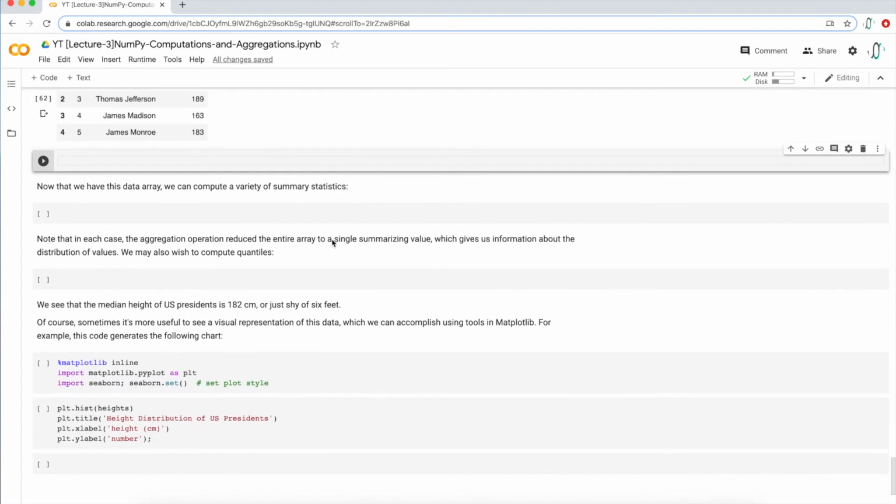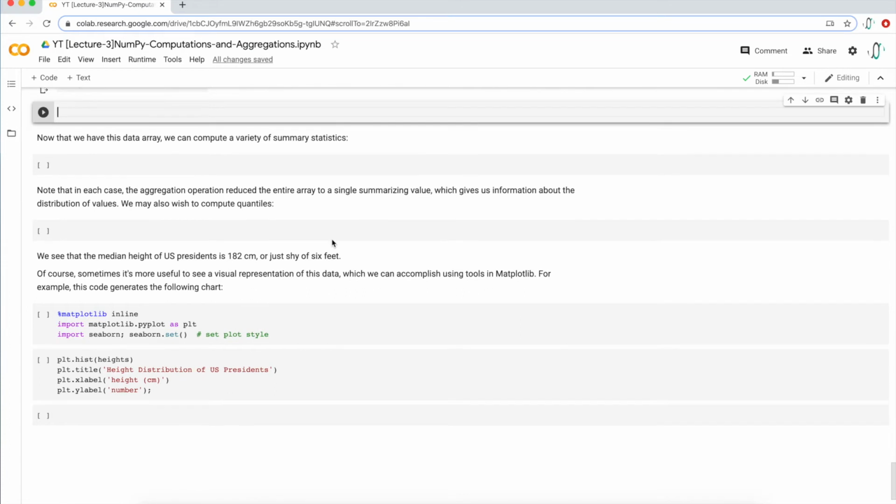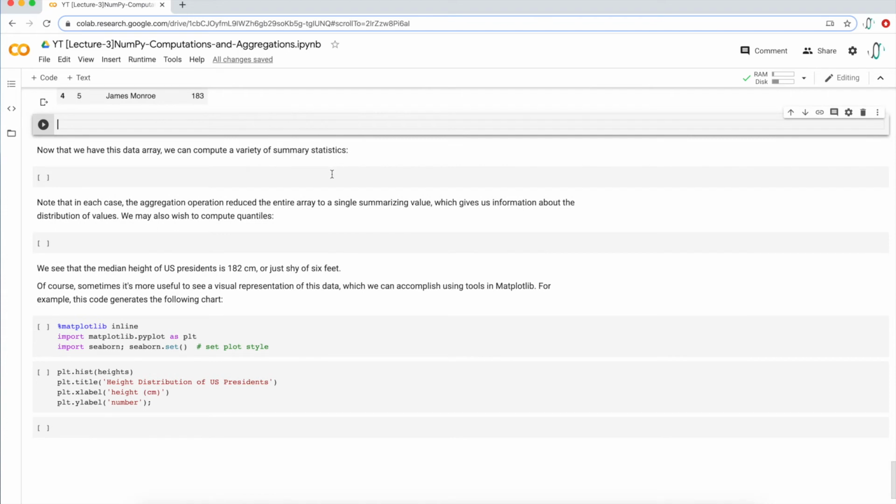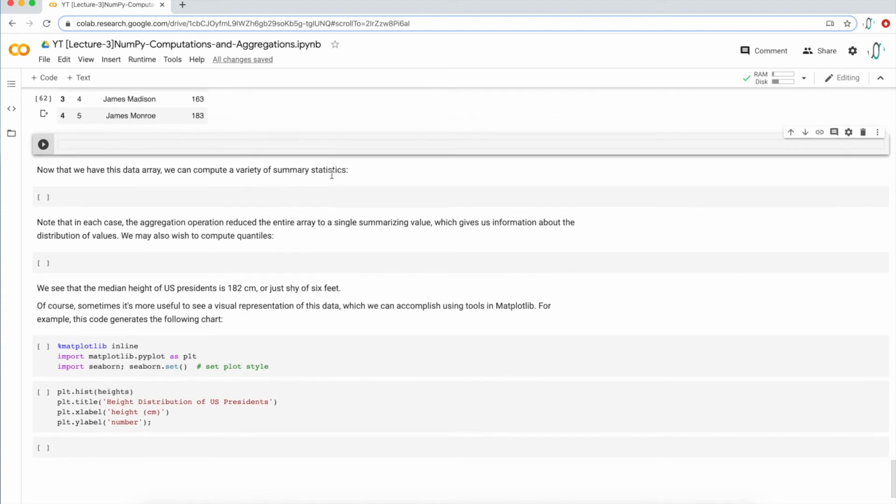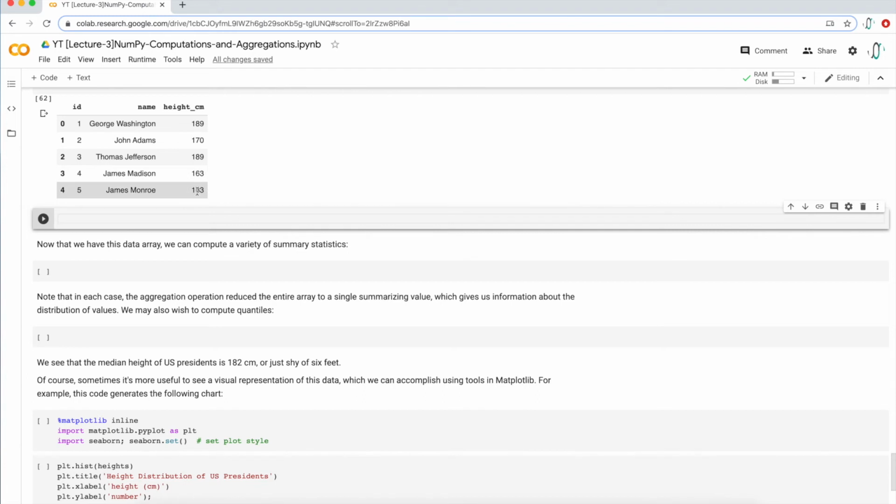So now let's just do some summary statistics. This is what you should do whenever you're dealing with real data or a data set that you want to analyze. Let's first do some descriptive statistics on it so we have an understanding of what the data looks like and could behave like. The first thing I think we want to do is maybe just look at some values, like all of the height values. And so here are 5 of the height values,